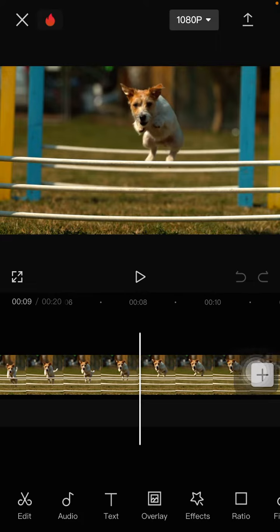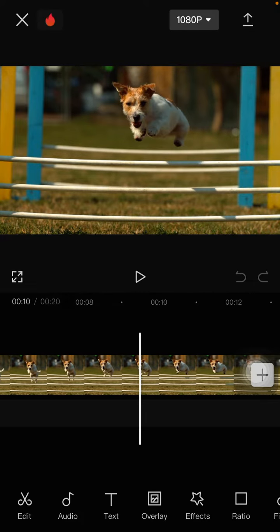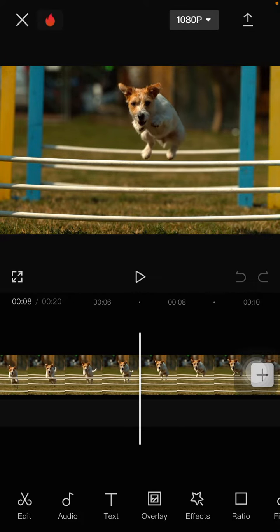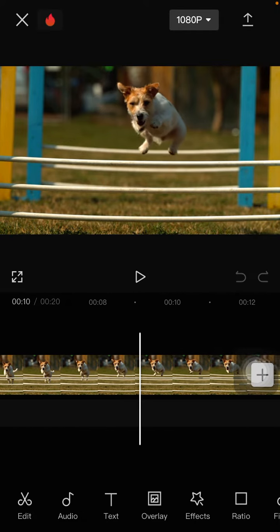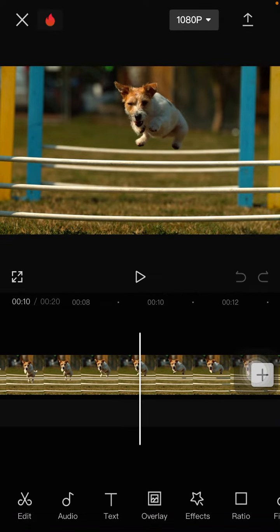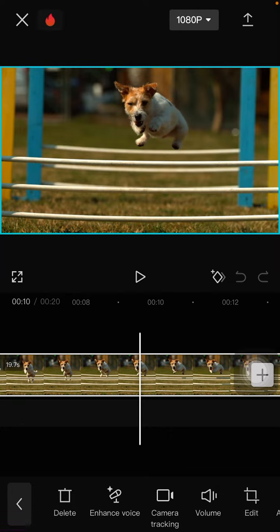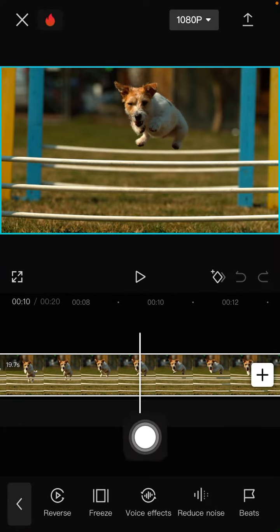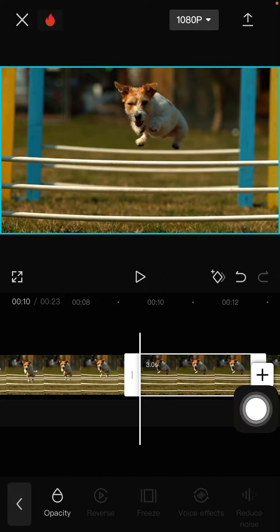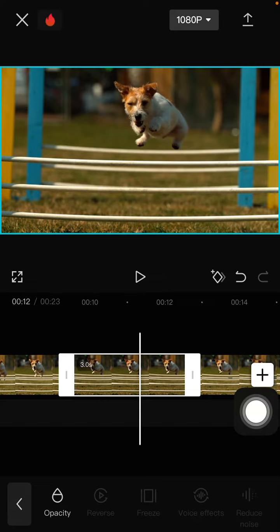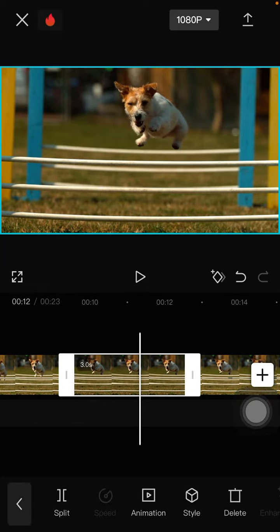So I'm going to make the freeze frame in this part, so just select the part that you want to freeze. Okay, just click on the clip and swipe to the right at the bottom until you find the freeze. Just click on it, and as you can see, the freeze frame is up here, and I'm going to make it